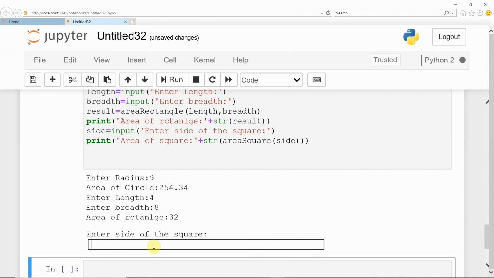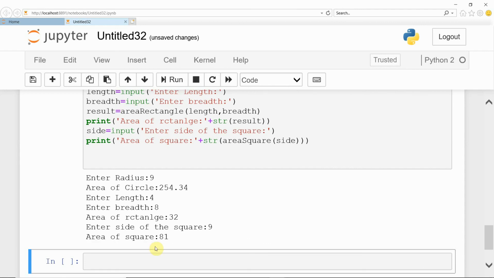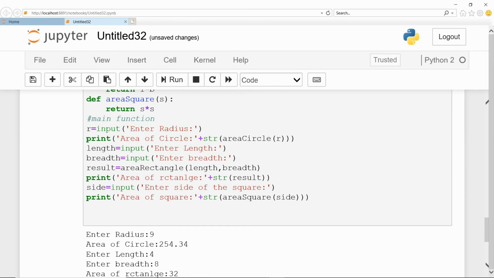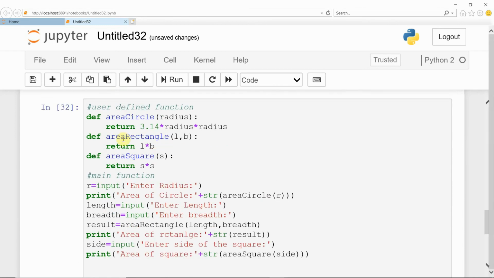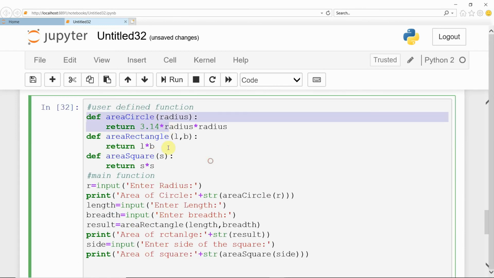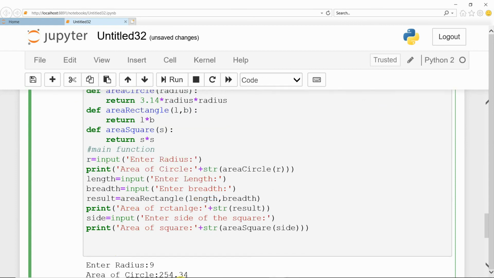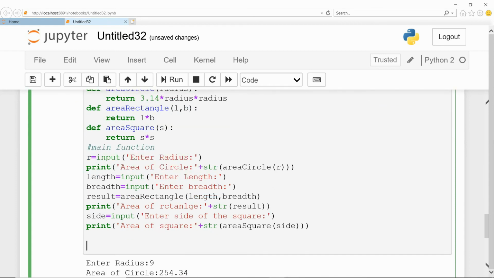Next enter side of the square, enter 9 as a side, 9 square is 81. This is a way to define a function and call it wherever it is required. You can call the function any number of times. That's the advantage of the function.